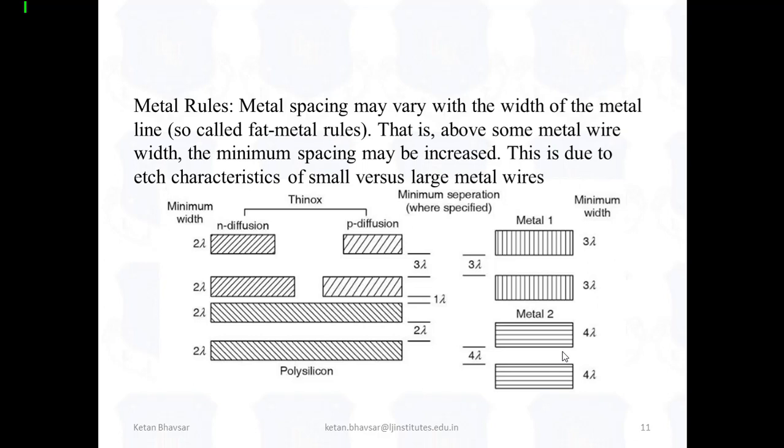If you break these rules, then your CMOS design will not work successfully, because you are working with VLSI technology. We are designing VHDL Verilog code, but inside it there is a transistor, and a transistor can be designed with the help of backend technology, and there are certain rules to design it. When you're talking about the metal, you have to take a minimum of 3 lambda size. When you're talking about the n plus diffusion, we have a minimum width of 2 lambda. If you go below 2 lambda or below 3 lambda, then your design will not work successfully. So make sure that these rules are very important when you design and fabricate any chip.